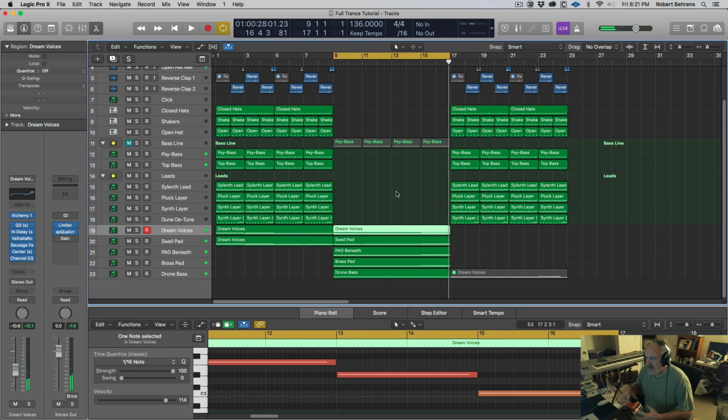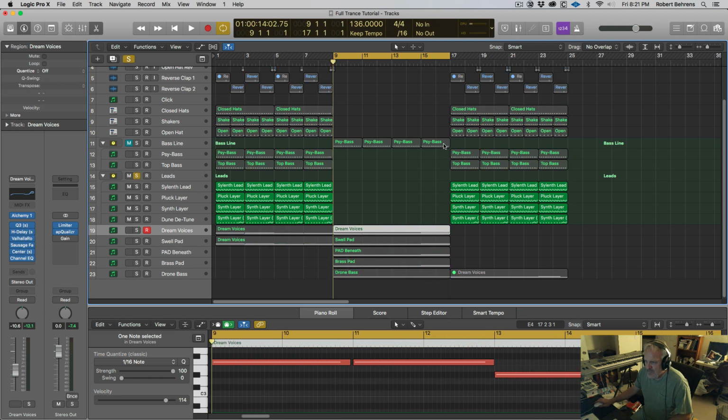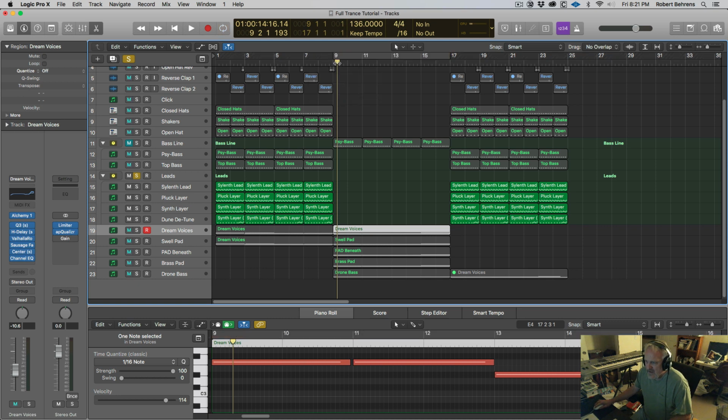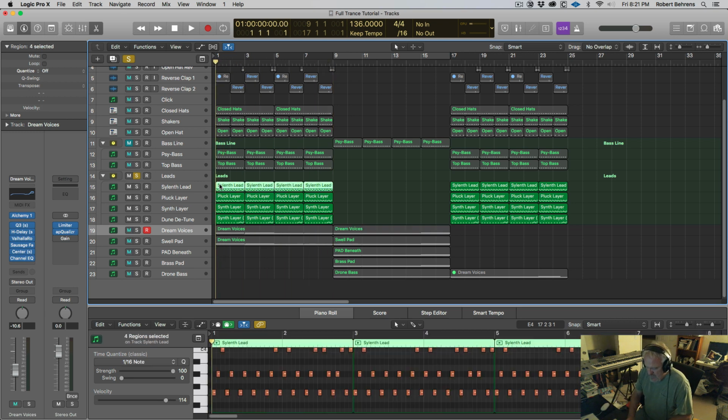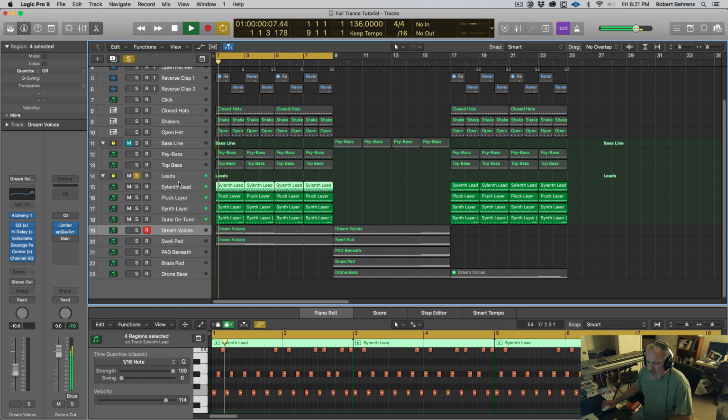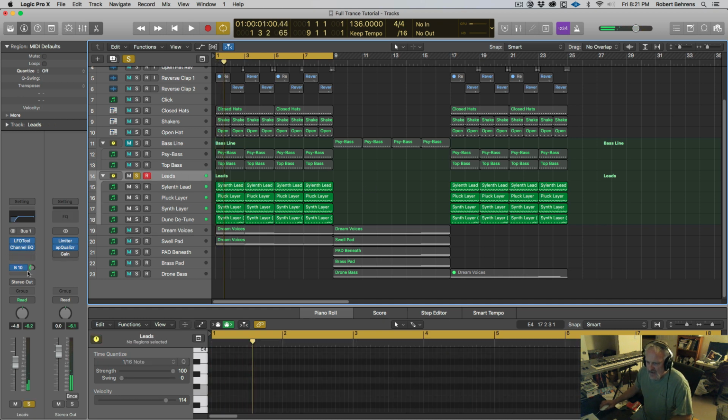And then what I can do is little turnarounds at the very end. We're not going to get into that right now. What I want to do now is focus on the leads. Okay, let me get this on repeat here. I'm going to turn that reverb down. I can already tell that's going to be